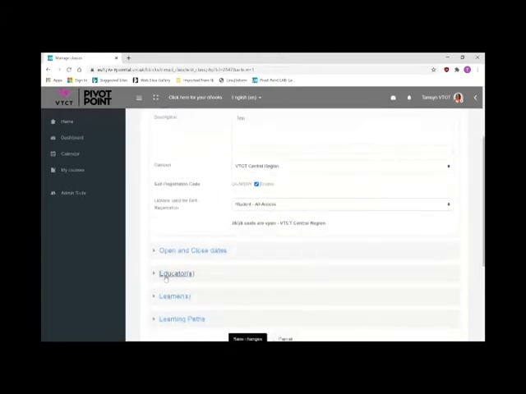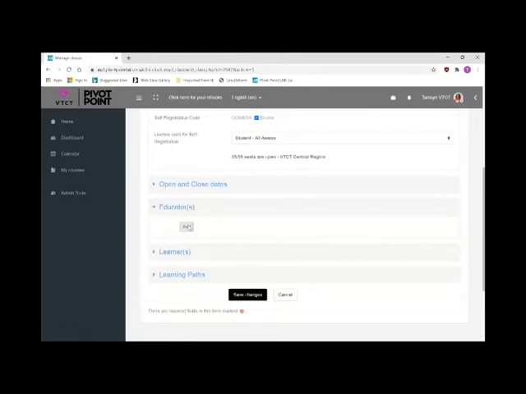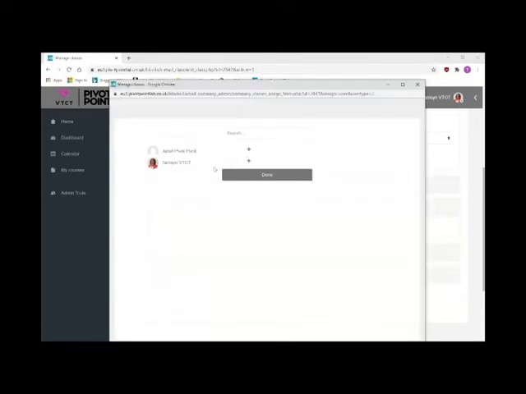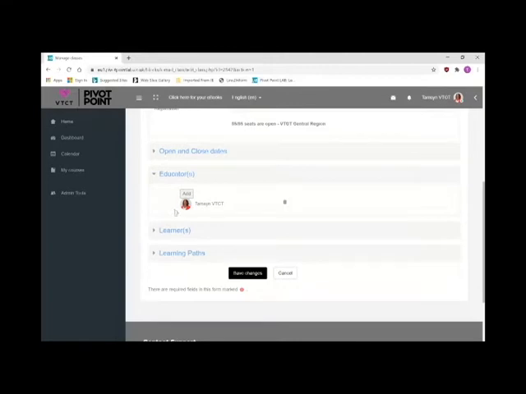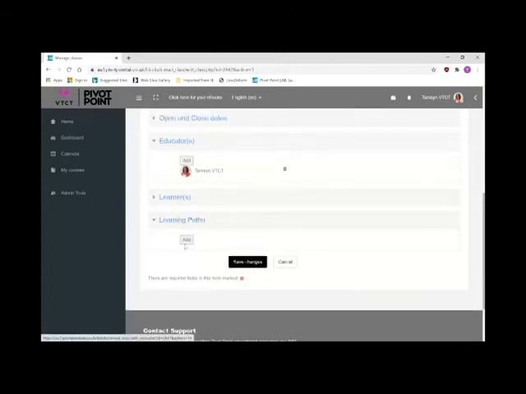This takes me back to this screen, and I've got the other boxes which have appeared for educator, and I'm going to add myself. And at this particular point, please note that to add yourself, you must change the plus button to a minus and click done. And I know that it's worked because my face is in that particular box. I'm not going to add learners because I'm going to ask all of my learners to self-register, but I am going to add the learning paths. So I click the add button,